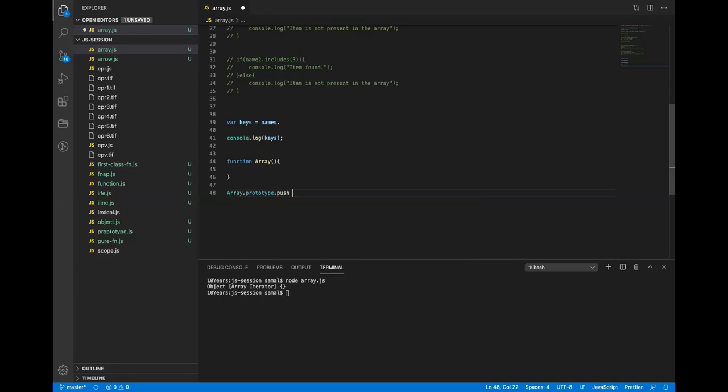There will be a push method and there will be a value. It adds an item at the end of the array.